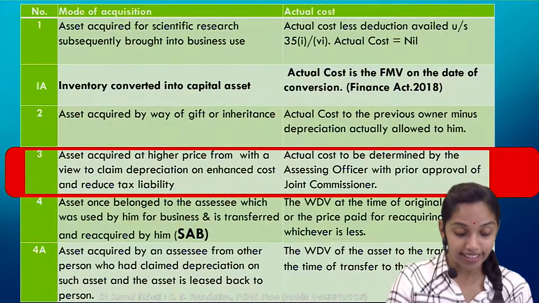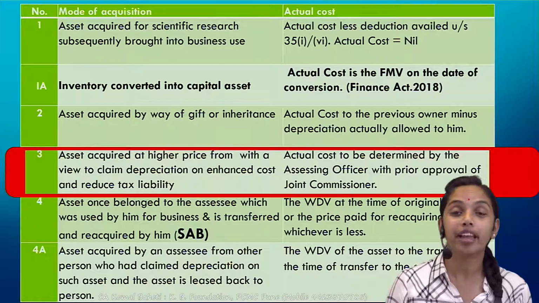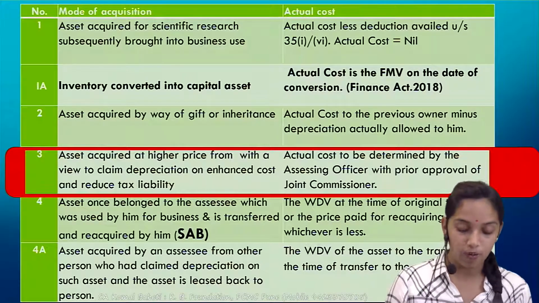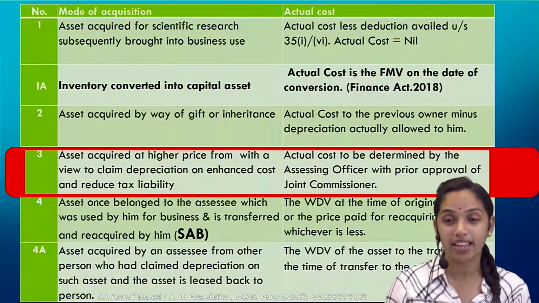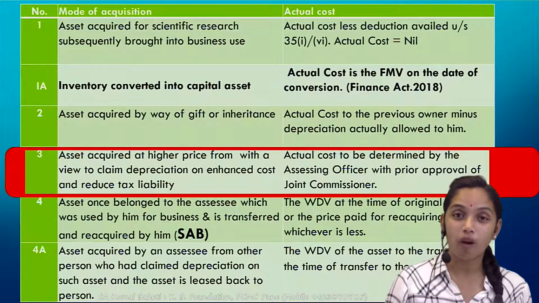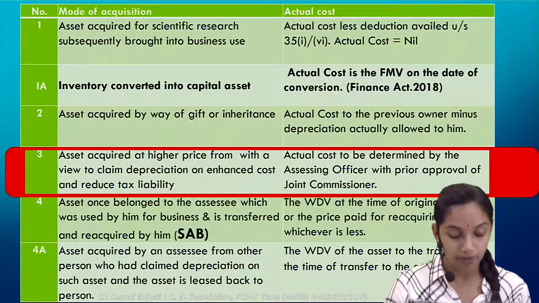So in such cases, if the asset has been acquired at a higher price with a view to claim depreciation on a higher side, then the AO, the assessing officer, has a right to determine the fair value of the asset. Correct. You may acquire at a higher price, but that won't be considered as your cost of acquisition. Next,